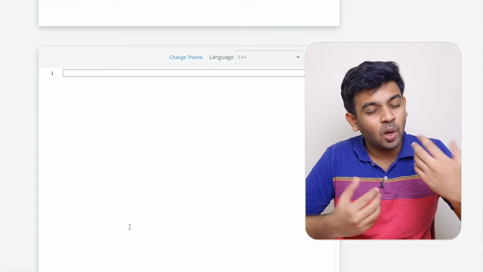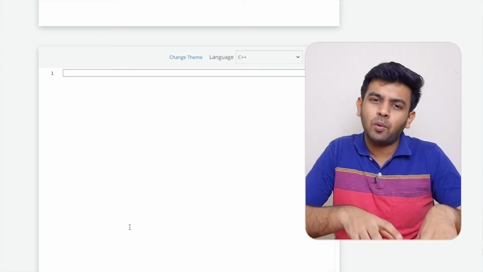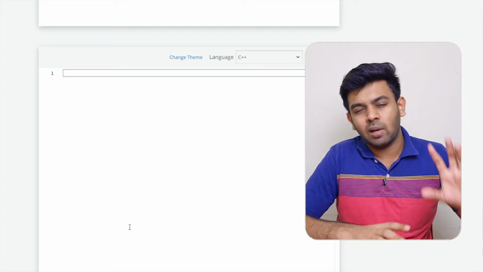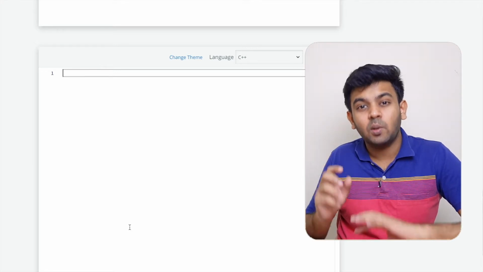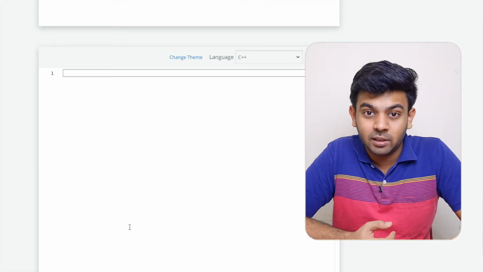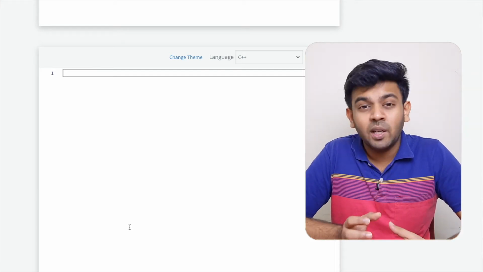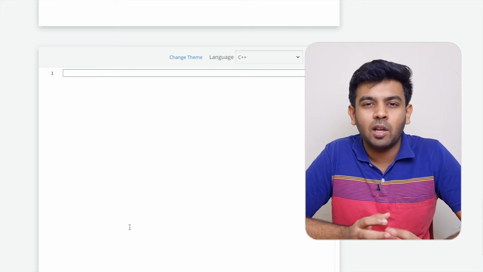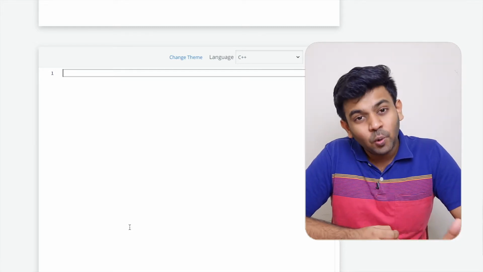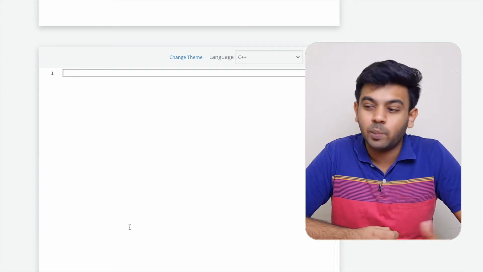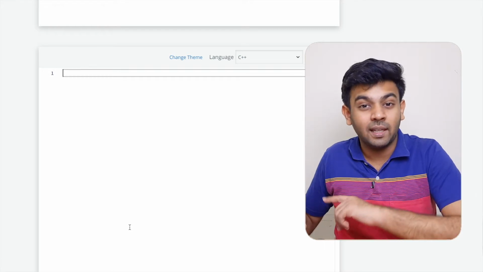So now we'll get into this problem and try to solve it. You just have to get input of the array and have a variable called sum. You'll add every single value that is present in this array to that sum and finally print that sum. It is a very simple question, and now we'll see how to write this. In this series we are just using C++. If you want to use any other language, feel free to use it, but I am recommending C++ for this series.